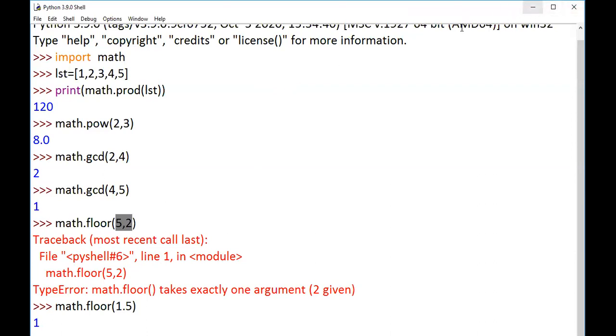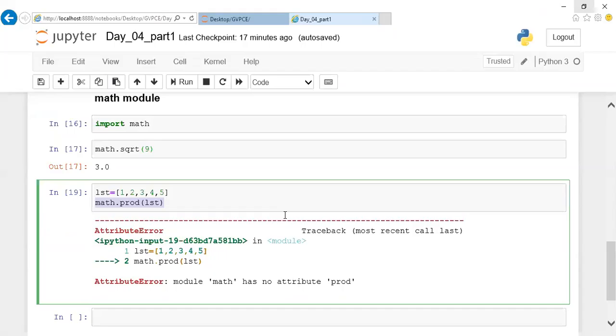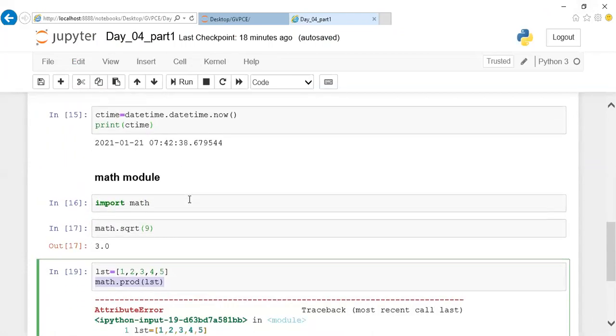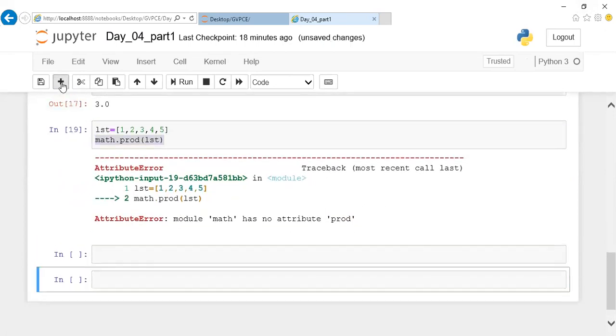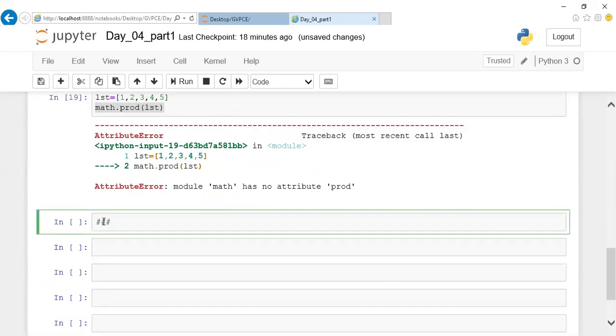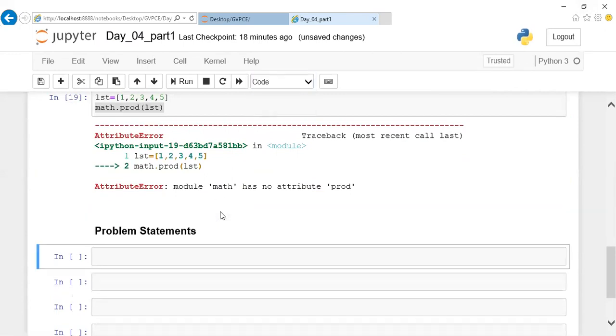Okay, fine. I guess you people are clear with this math module. Is it clear? Normally, there are certain mathematical functions. Instead of doing the calculation, you can make use of them. Shall we move on to the next one? So we are done with the module. Okay, good. Next, we'll have certain problem statements and we'll discuss those problem statements. So morning will start with control statements, problem statements and control statements.